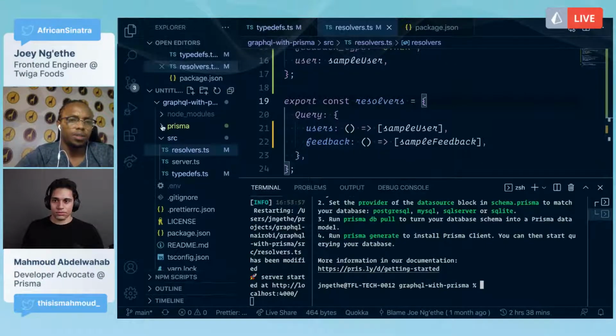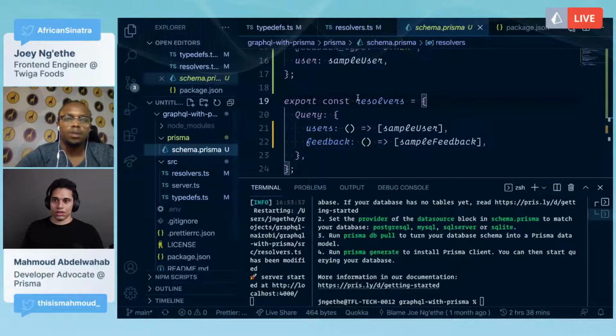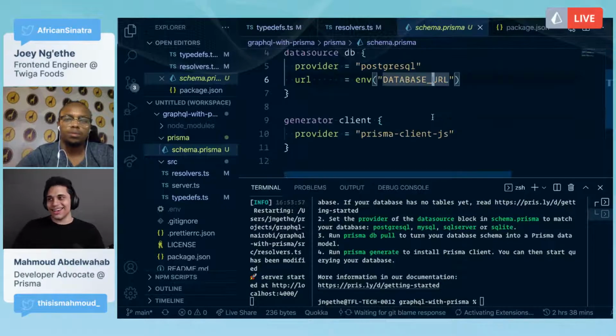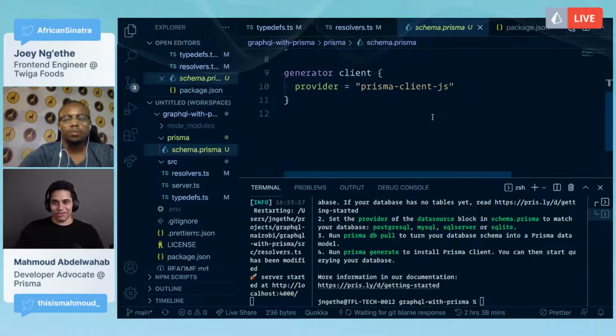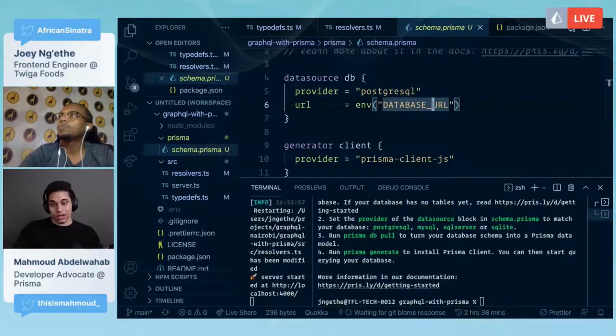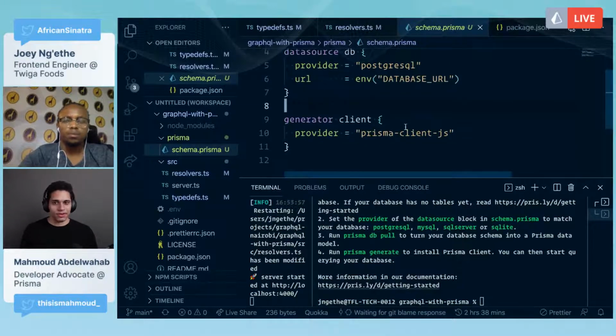Sure. Okay, so the schema.prisma is the heart of your Prisma setup. Here you're defining the different tables and the different relations using Prisma schema language. The syntax is inspired by GraphQL, because as you saw, GraphQL syntax is very friendly. But Prisma has nothing to do with GraphQL as a tool. It is a tool just for databases.